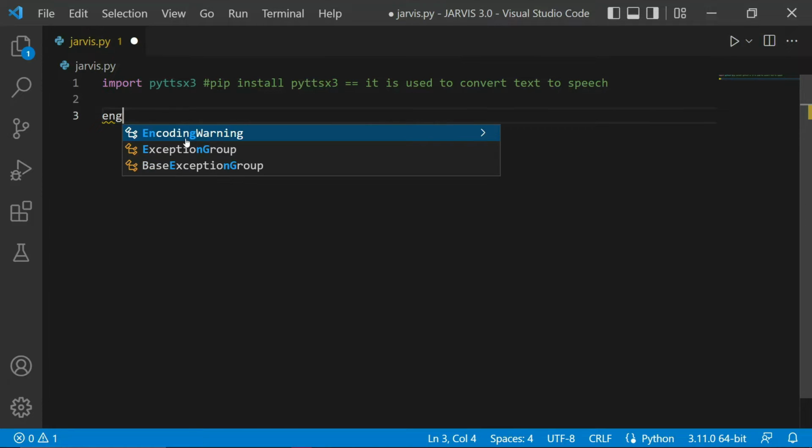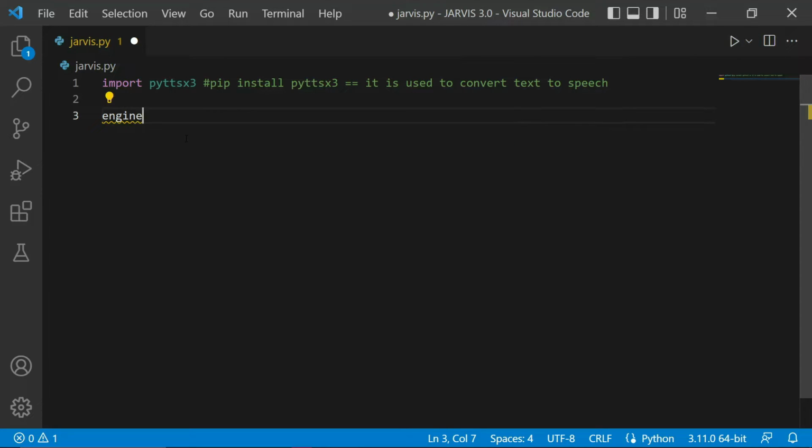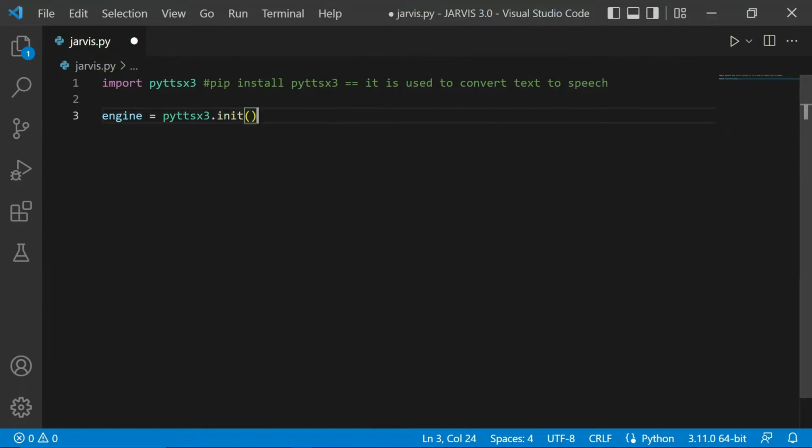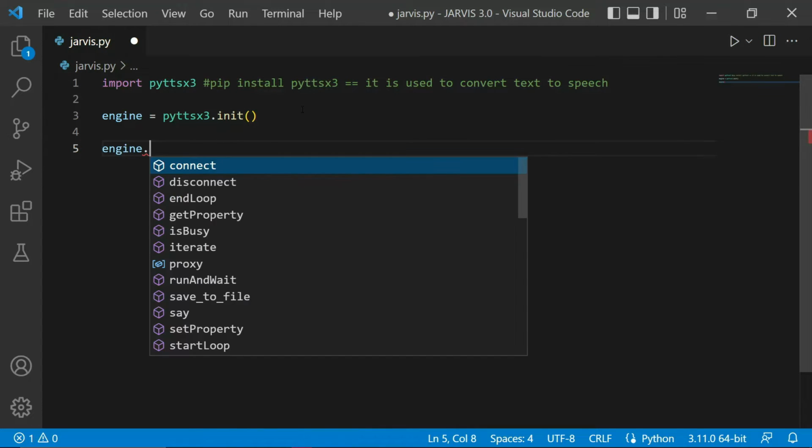So we'll do engine equals pyttsx3.init. So basically we are calling the init function from pyttsx3, and we are storing it inside our variable engine. After that, we are going to be calling a function that is present inside this engine. So we are going to be doing engine.say,